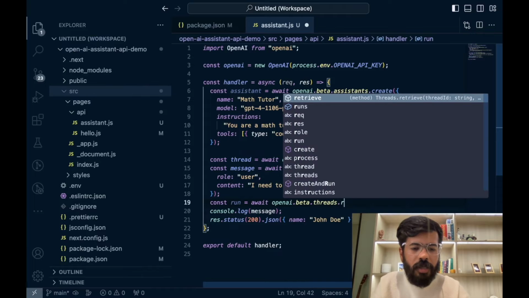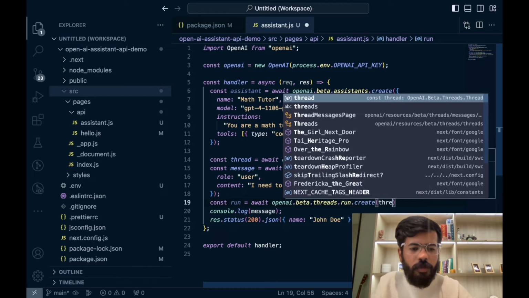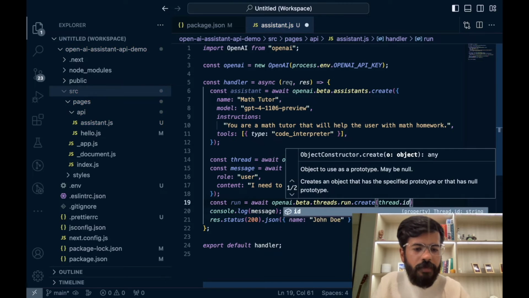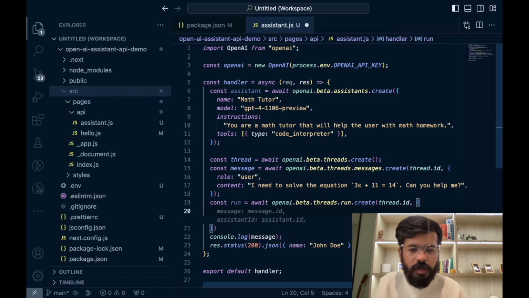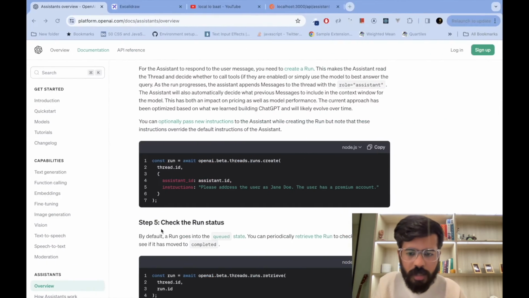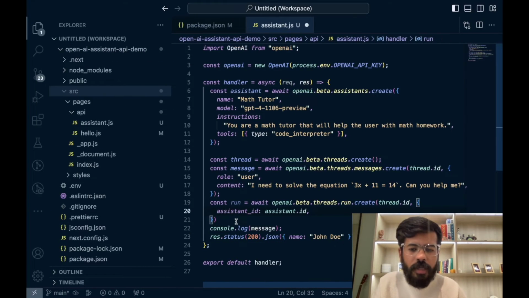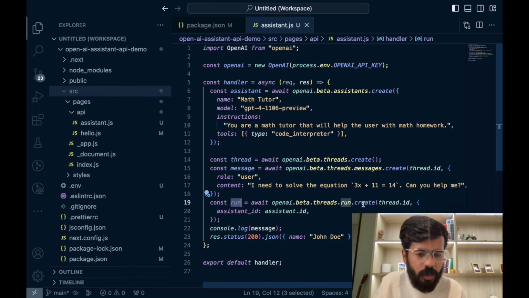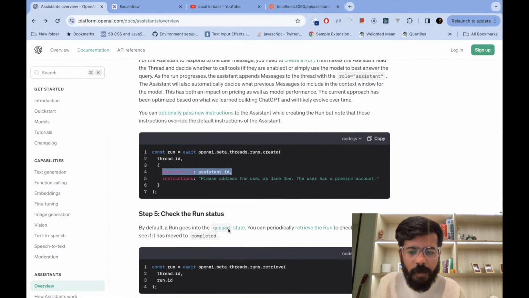So beta dot threads dot run dot create, and we need to pass it a thread dot id, and we also need to pass it an assistant id. We are going to pass it like this, an assistant id. So this creates a run for us. Okay, and now if I console.log this run, what will happen is